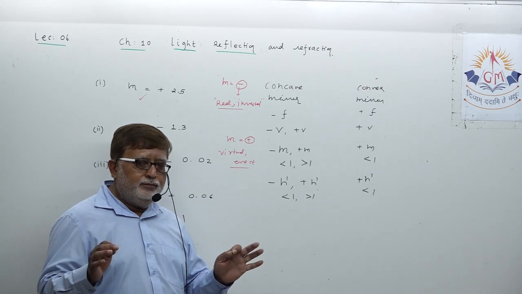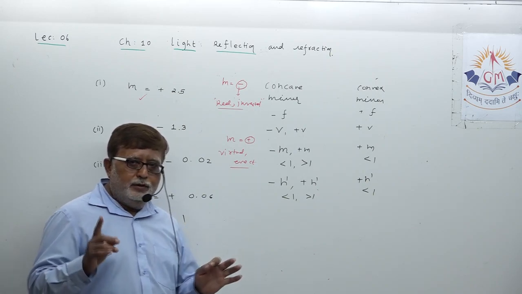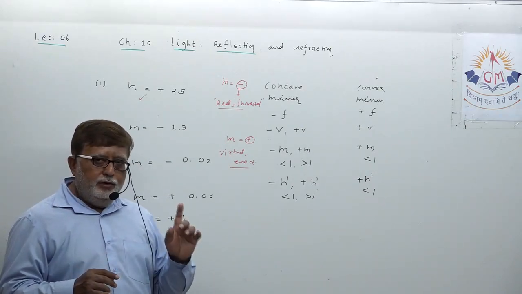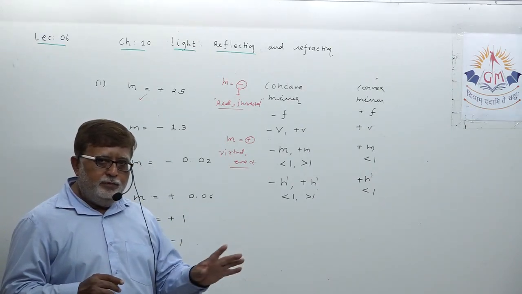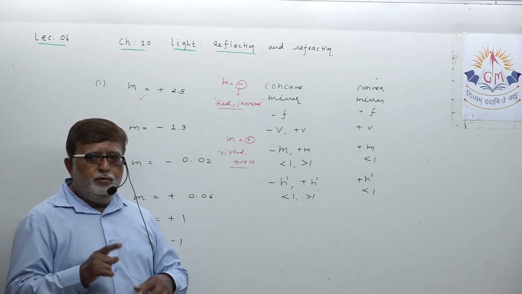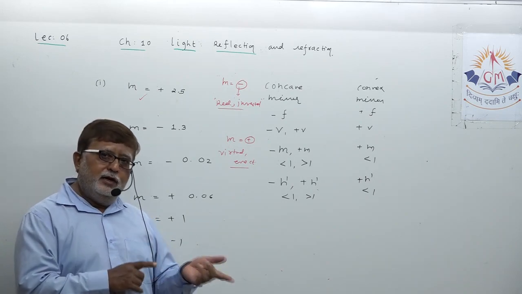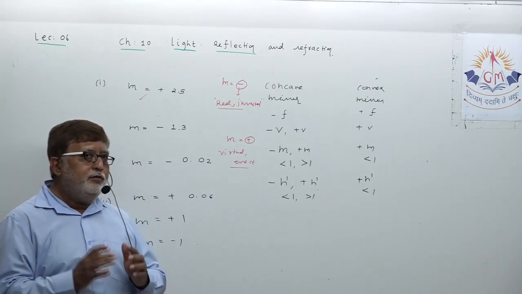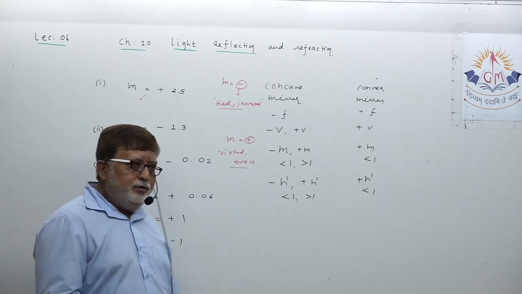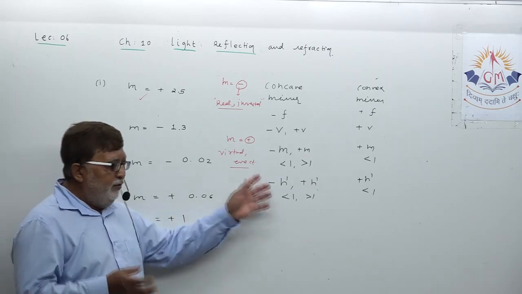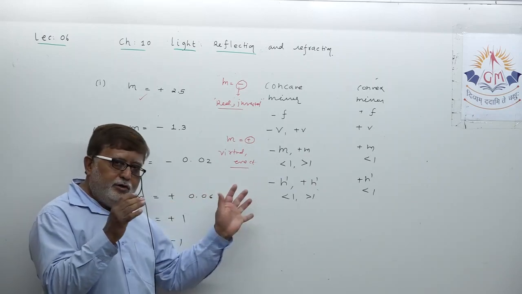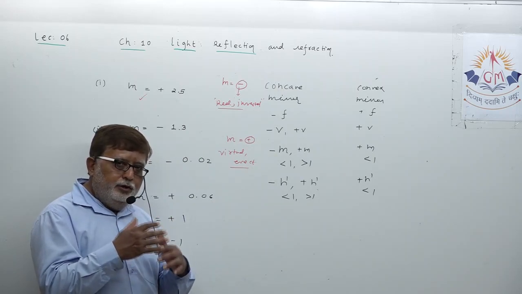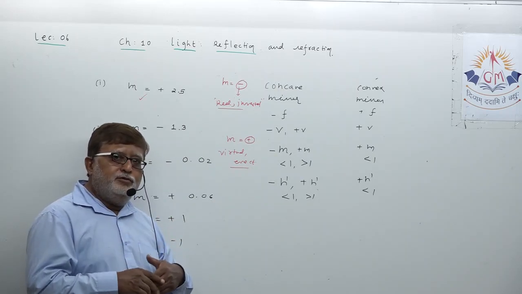Again, just have a quick look at this. M positive, virtual, erect. M negative, real, inverted. Value of M 1, image of same size. Value of M greater than 1, image is larger. Value of M less than 1, image is smaller. This is the way, dear student, you need to analyze the fact and twist your brain between this, and you will come to know how you can yourself design MCQs.